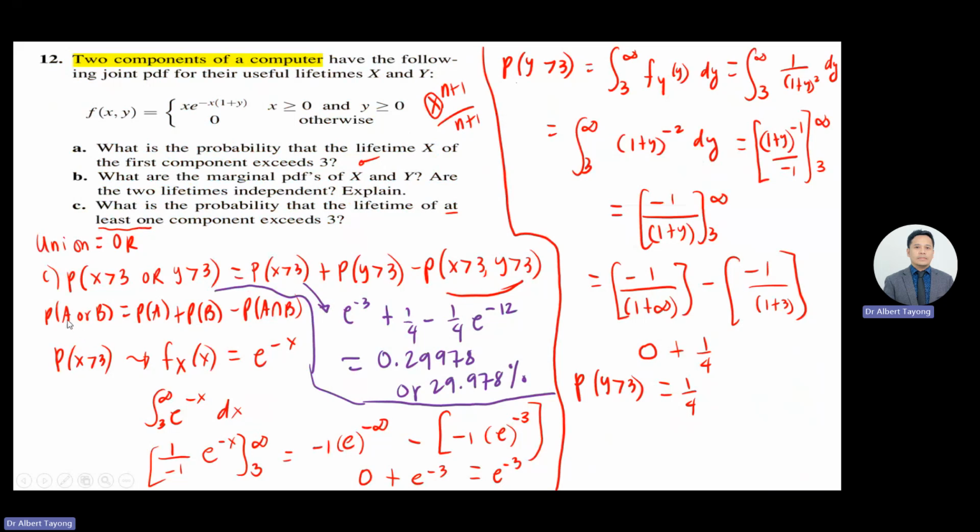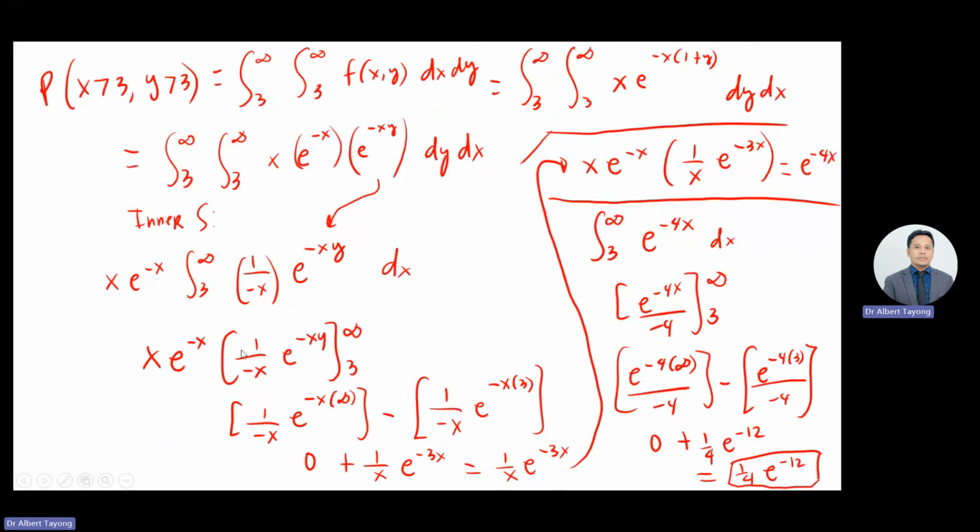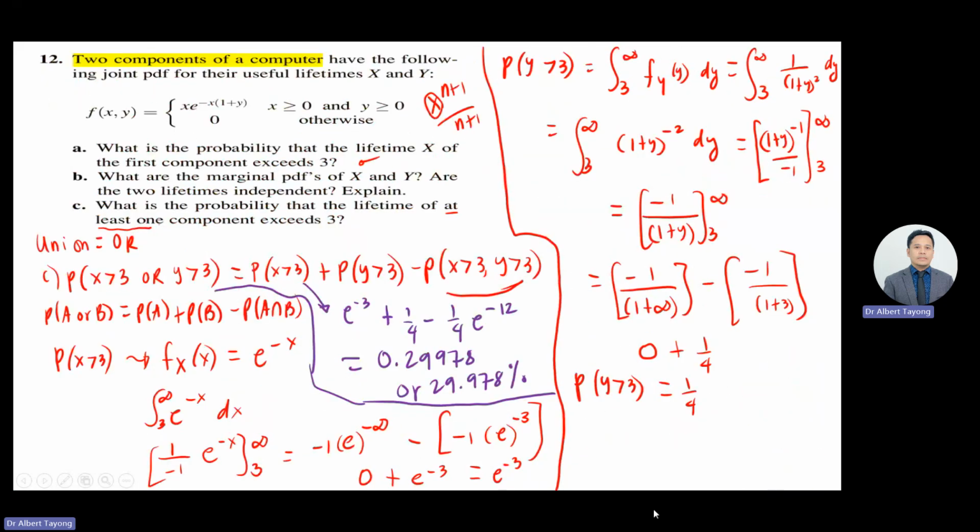We use this formula, P of A or B, which is equal to P of A plus P of B minus the intersection. First we calculated the P of x greater than 3, that is here, and then y greater than 3, and then the intersection. Then we combine all. We added both, minus the intersection. So the answer is 0.29978. So please watch the steps again. You can rewind, you can forward, and you can pause to